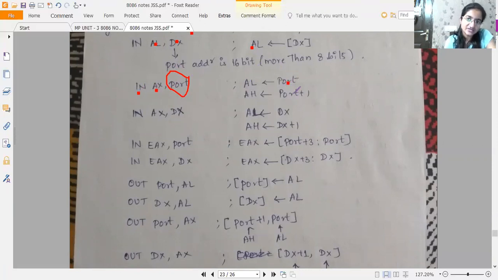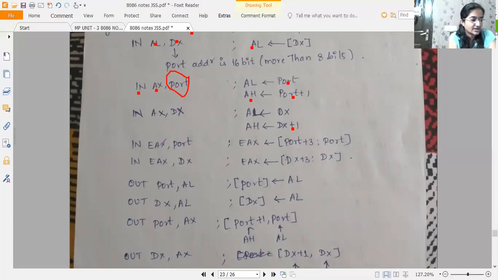Then the next address will be accessed, whose content will be loaded into AH. Because the destination here is AX, 16-bit. In IN AX, DX, whatever is the content of the DX register is acting as the address of the data, which will be loaded into the AL register. Then AH will be loaded from DX plus 1, the next consecutive address.